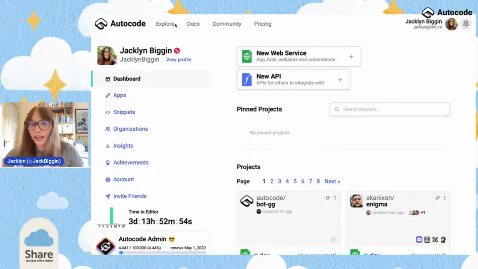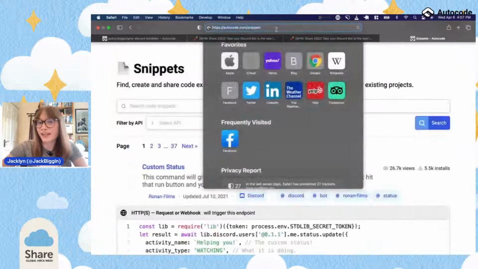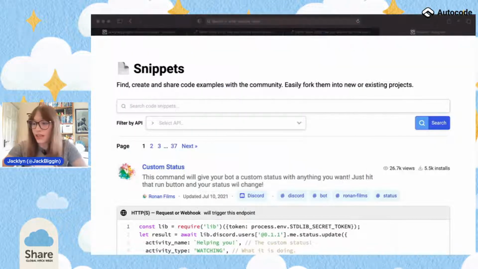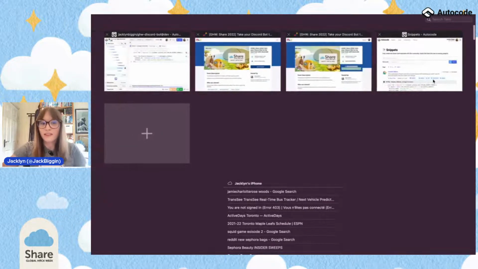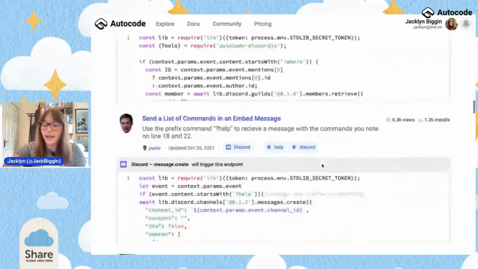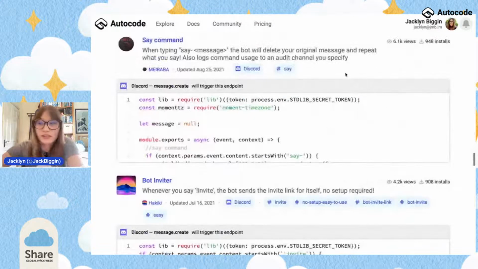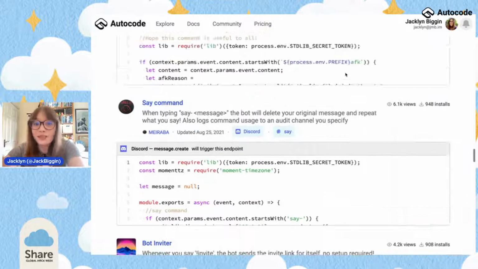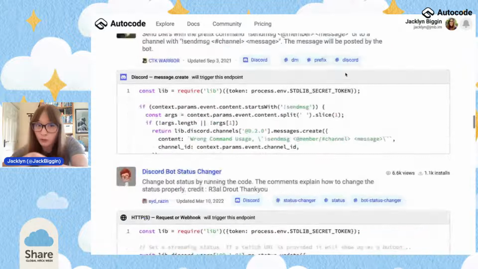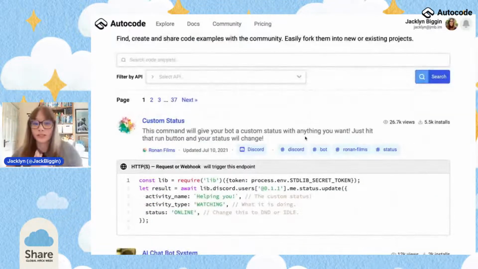And when you're here, I want you to click this explore button and then snippets. I'll paste this link directly in chat for you. Because today, we're going to be adding this extra functionality to our Discord bot. And you might see there is a lot of stuff we can add here. I don't know how to build everything for Discord bots, and part of my job is to build Discord bots. But this is why snippets are really cool. And I think this top snippet would be a great thing for us all to start on.